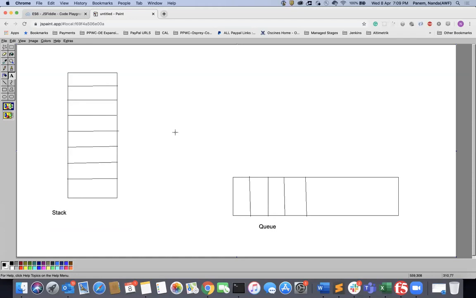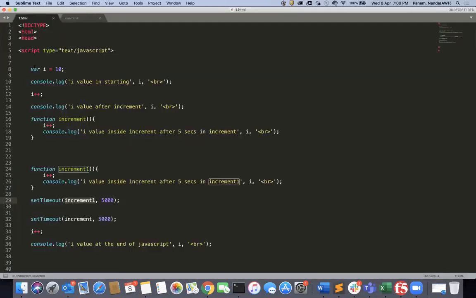JavaScript is a single thread architecture, so only a single thread is going to execute, one after other. Simple example, if you see this var a, once this var a is executed, then only it will go to this console. Once this is executed, it will go to the next thing. Like this, the program executes one after other.